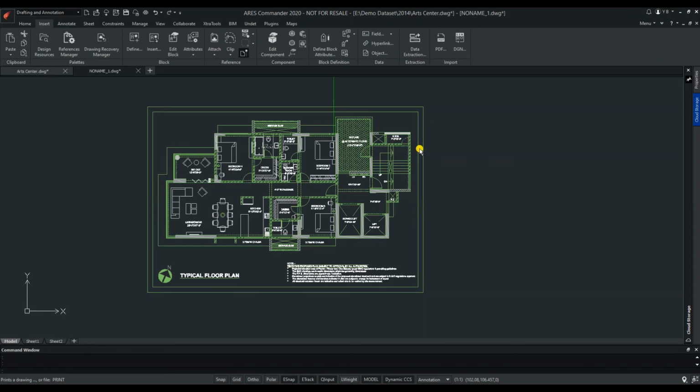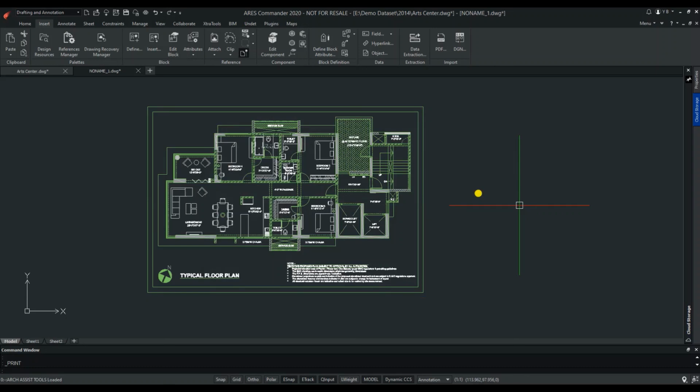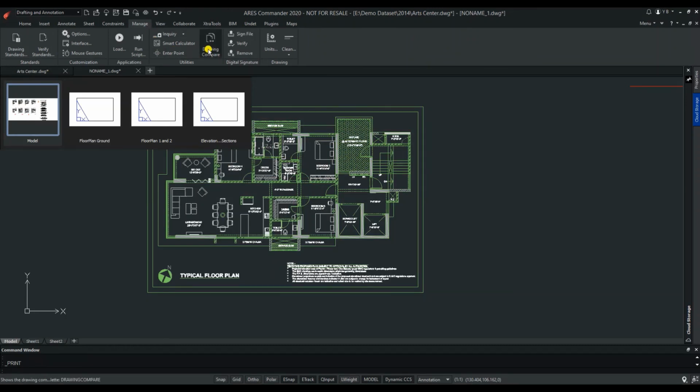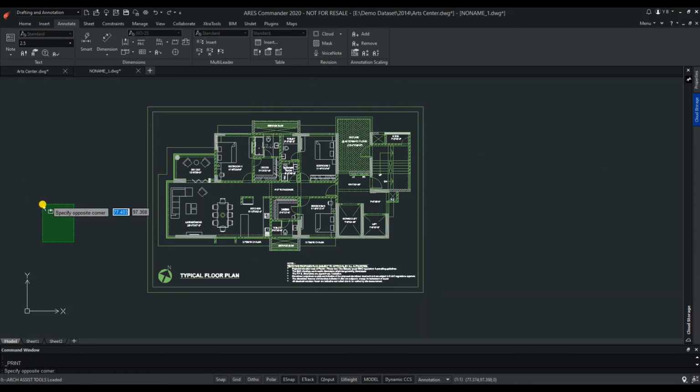So Iris offers a very unique combination of traditional CAD software commands with all the modern productivity tools. Not just the productivity tools which we talked about here, but many additional commands like the drawing compare option, which can easily reduce the time you spend on the revision control of your file, or a very useful communication tool such as voice note, which can be used to record audio messages in drawing files. All this makes Iris a very unique offering.